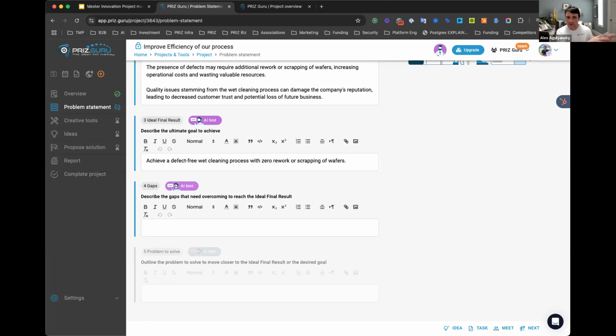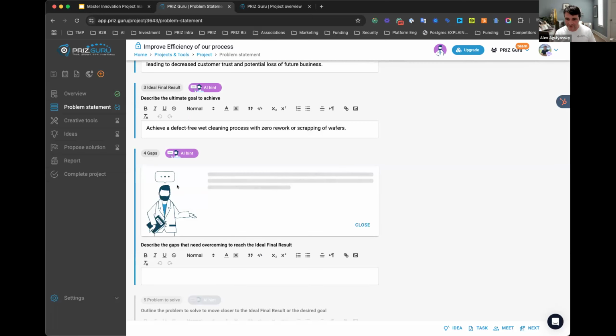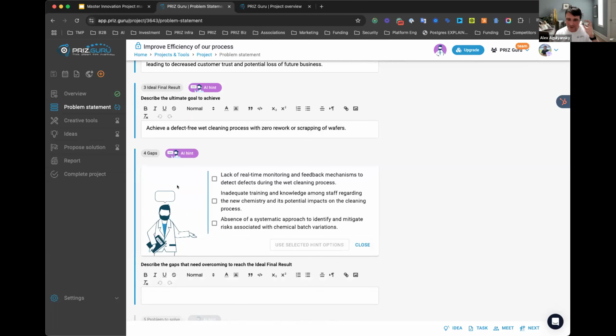Why is it, we want to achieve a particular final result? Why can't we do it right now? Why can't we just snap fingers and get there within 3 seconds? There is a reason for that. There is probably a bunch of different reasons for that, because the process is imperfect, because whatever else is out there, right? Lack of real-time monitoring. Maybe this is where we need to engage our brain, the system consistently asking us to think.